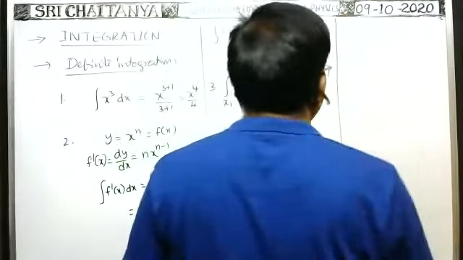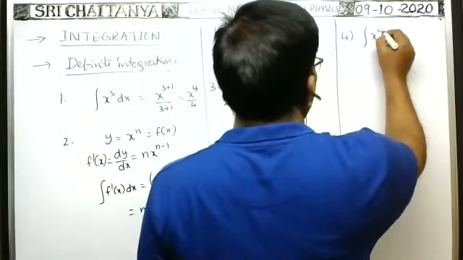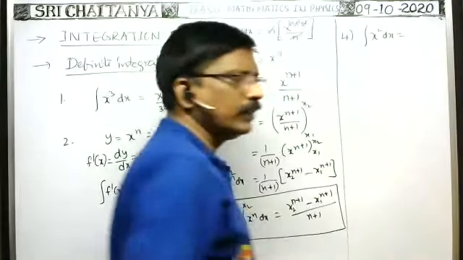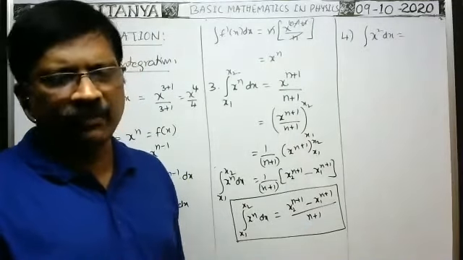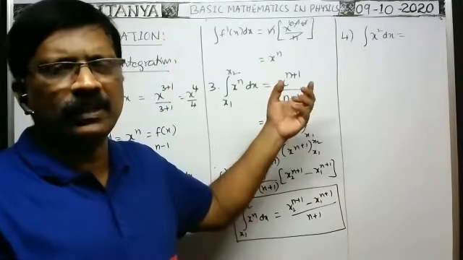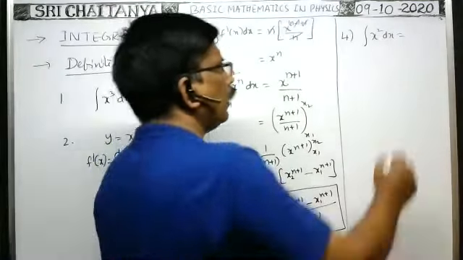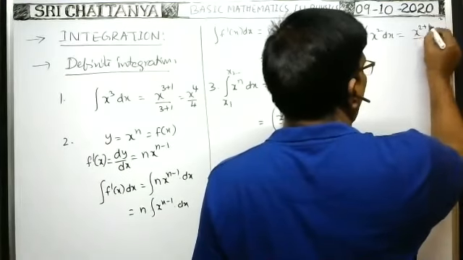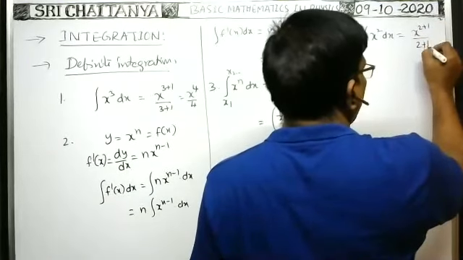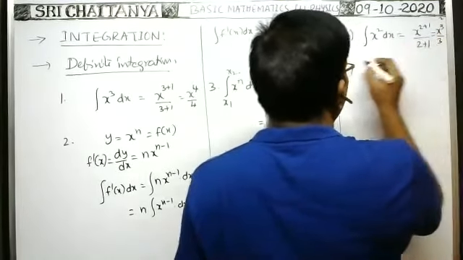Okay, now the fourth one, integral x square dx gives what? Tell me, integral x square dx. Yeah, I will say examples also. First I want to write the formulas, then I will say examples also. X square, the power has to be raised by one, so 2 plus 1 by whatever the power you get in the denominator we have to write the same power, that is equal to x cube by 3, no. Next